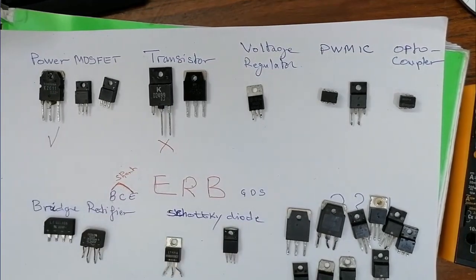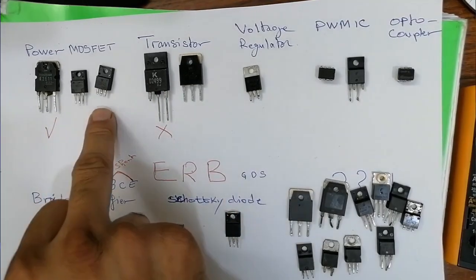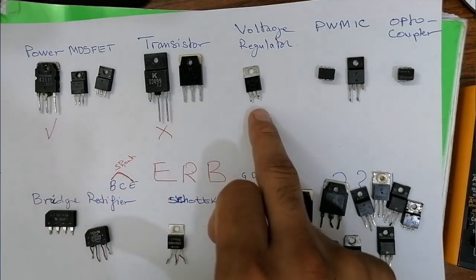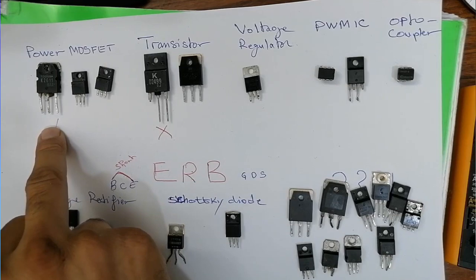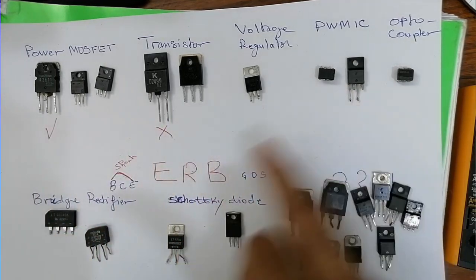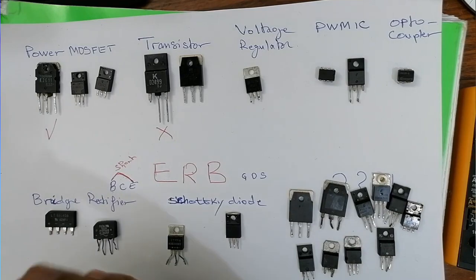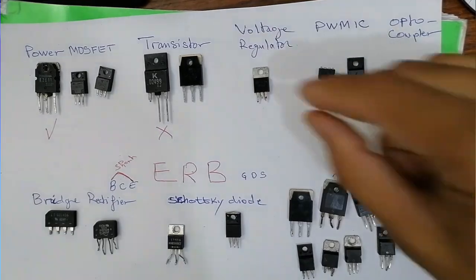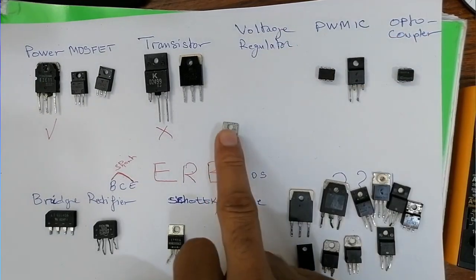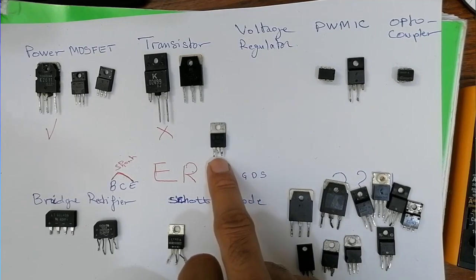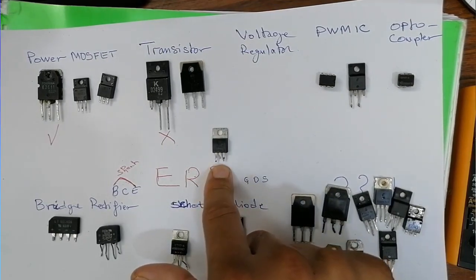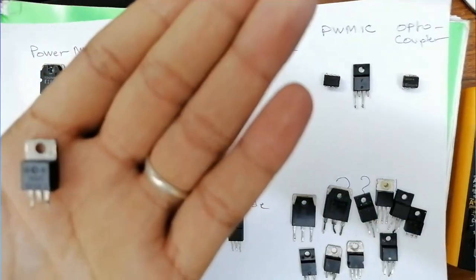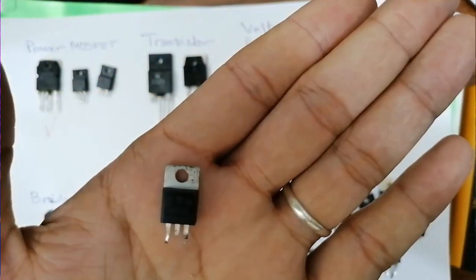This is a good one. I can't test these others, but I don't want to make a very long video, so let's pass. We just test one component here, one here, etc., in order to avoid making a very long video. So here basically we have voltage regulators, but if I see this component, I cannot know whether it is a transistor or MOSFET. But if I look at the part number, based on my experience,